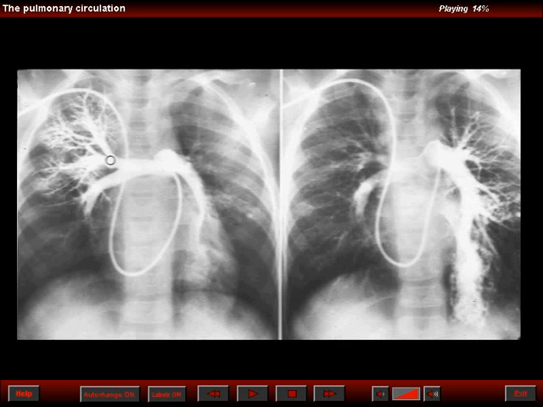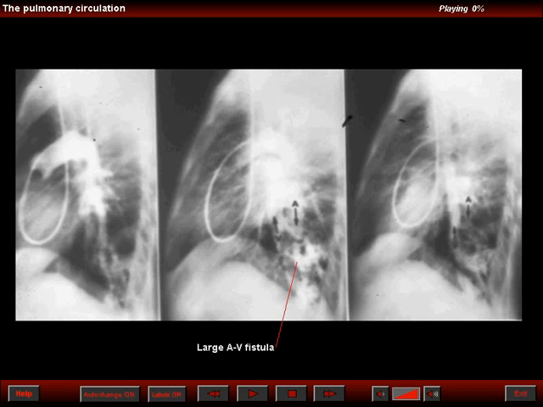In this patient, we see a large AV fistula in the left base. Note the markedly enlarged supplying artery and the large draining vein. This is a lateral angiogram of the same patient showing the location of the AV fistula in the left